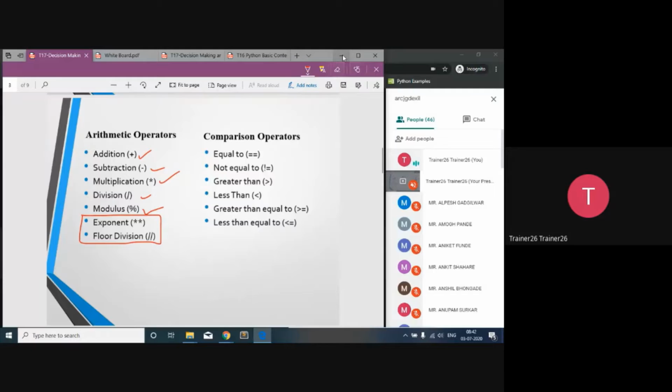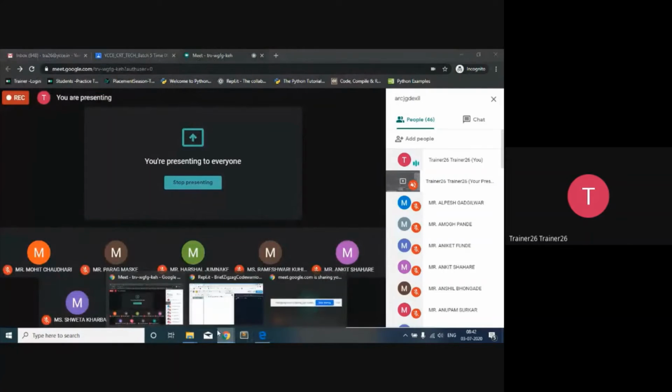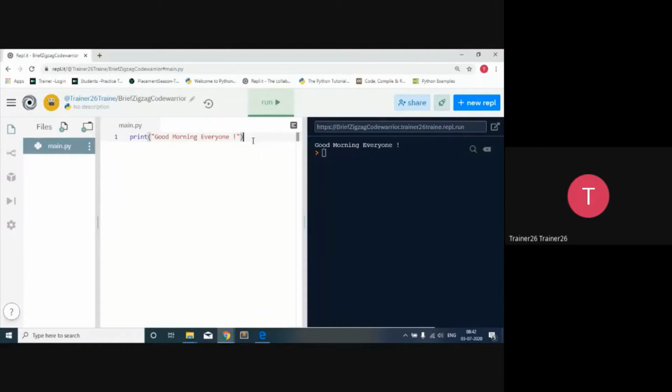So exponential means if you want to calculate the exponential of a particular number, I'm going to say x is equal to 2 and y is equal to 3, and I want to take the exponential of those. So I'm going to say that z equals x ** y.